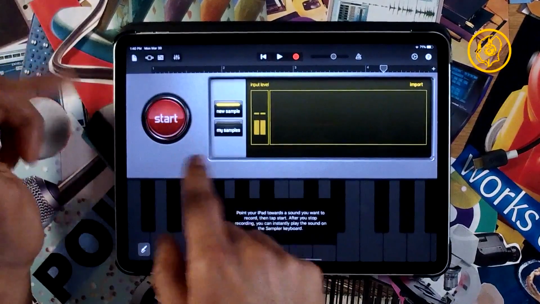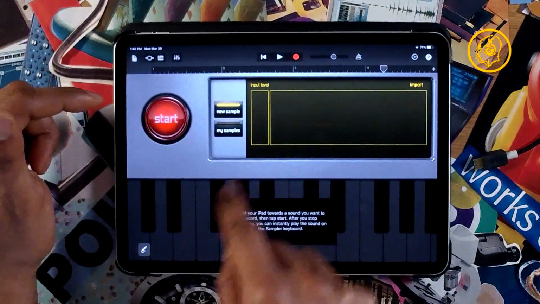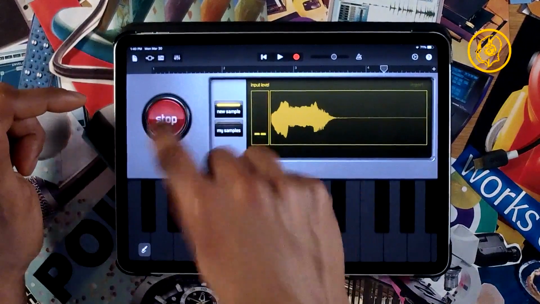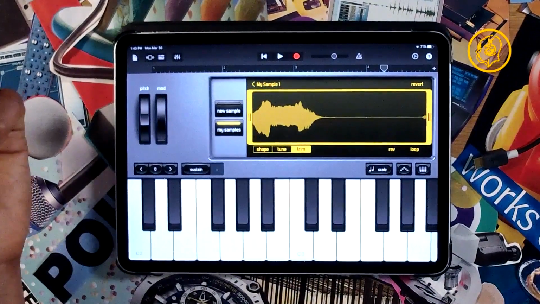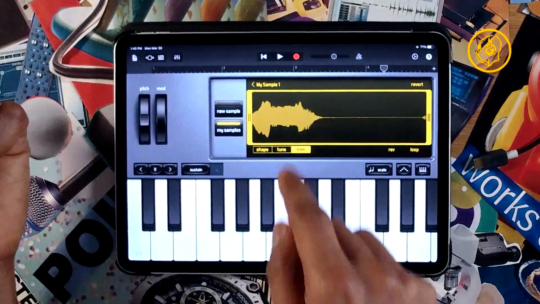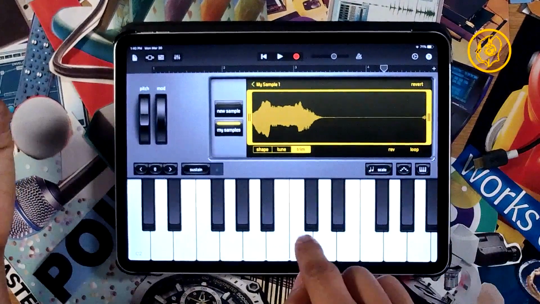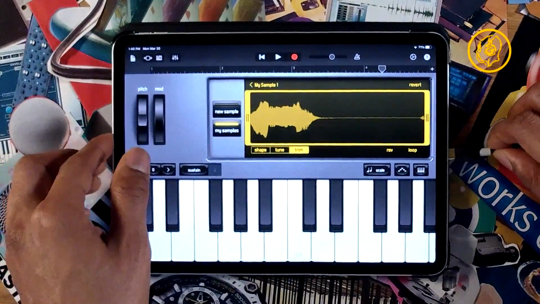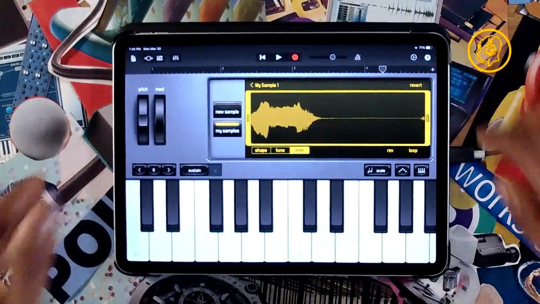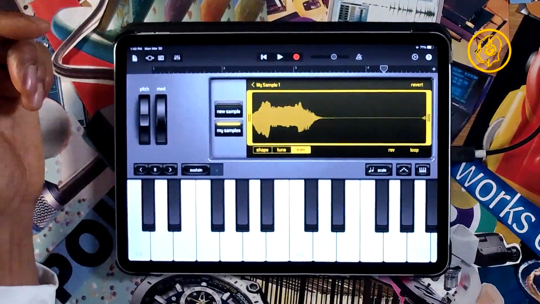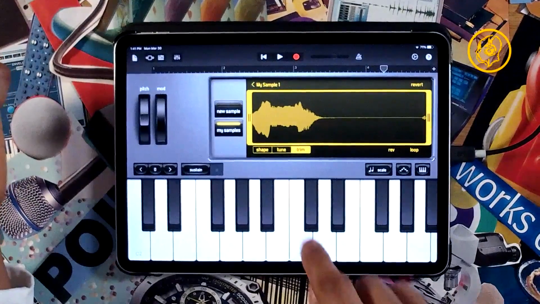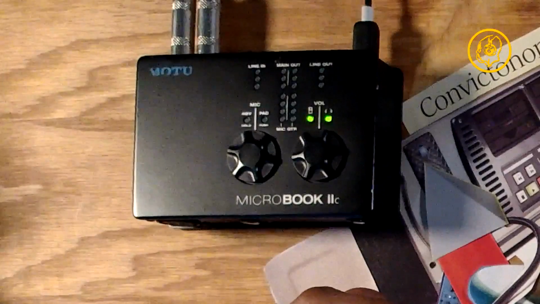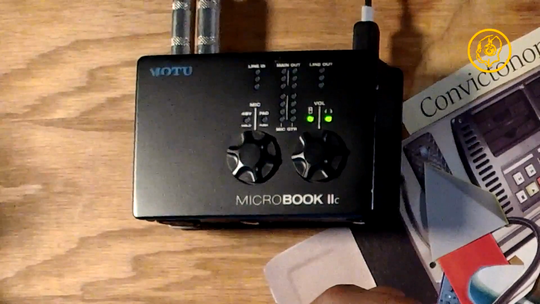To sample is real simple. You see my voice right here? You see these meters? It's listening. And stop. Now, in the golden days of sampling, you would have to edit a sample by listening, but for this one, you don't. I'm plugging my device back up so that you can hear a little better. Let's see here. Is it recognizing? Once it stops blinking, it's on. There we go. Boom.